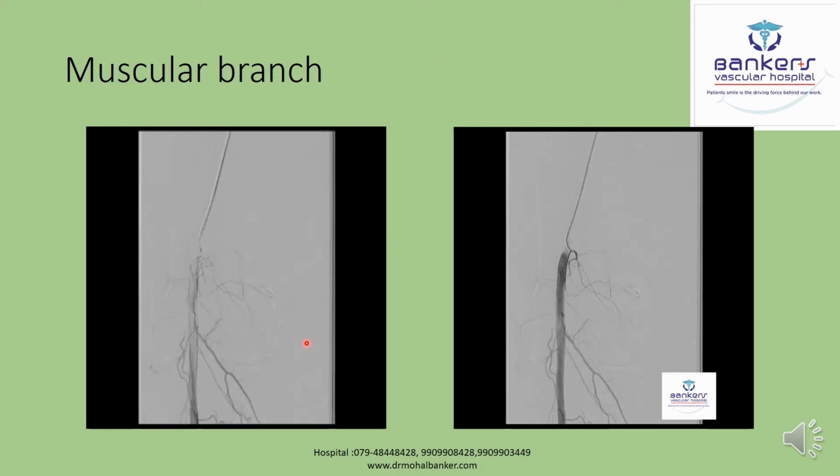Again, doing the angiography of different vessels, I found this muscular branch, and out of curiosity I did angiography of this branch, to rule out whether it is participating in the inflammatory reaction or not. You can see contrast going within this muscular branch. One small branch is supplying this pain producing site, but there is no hypervascularity, so there is no vascular blush. So this muscular branch is not participating in the cytokine release.